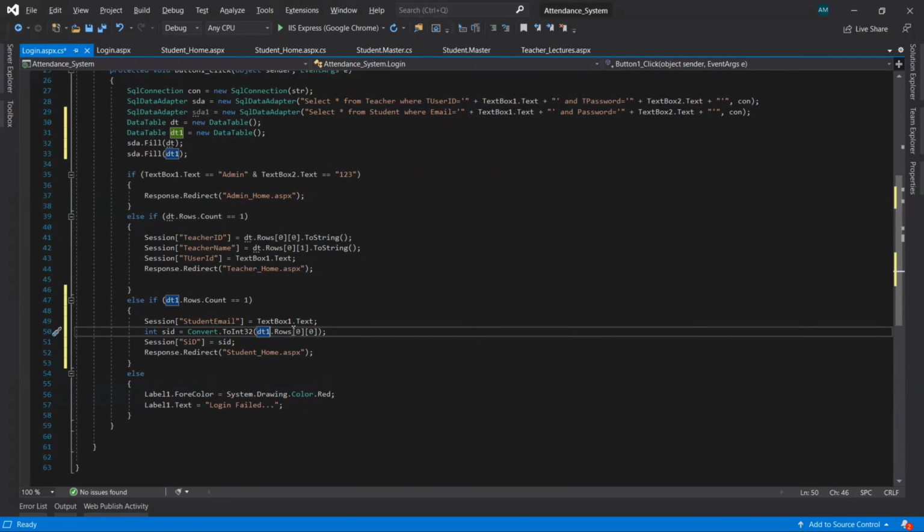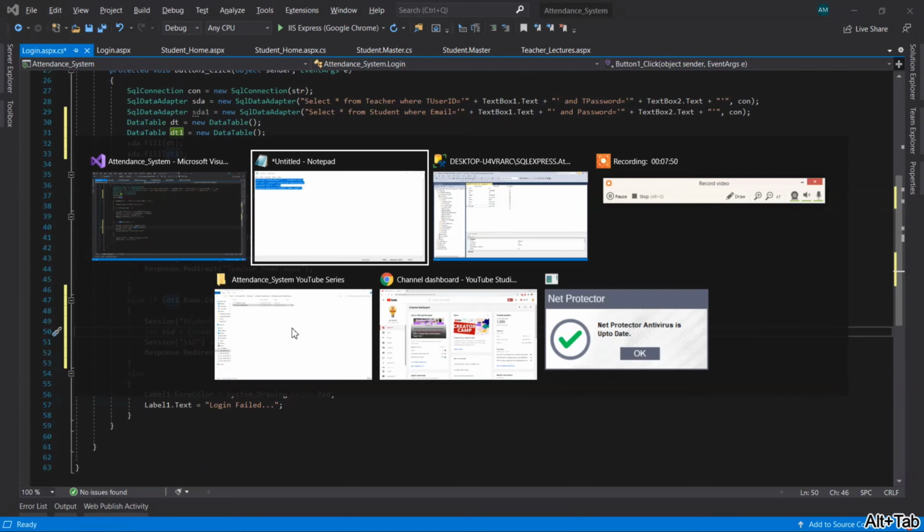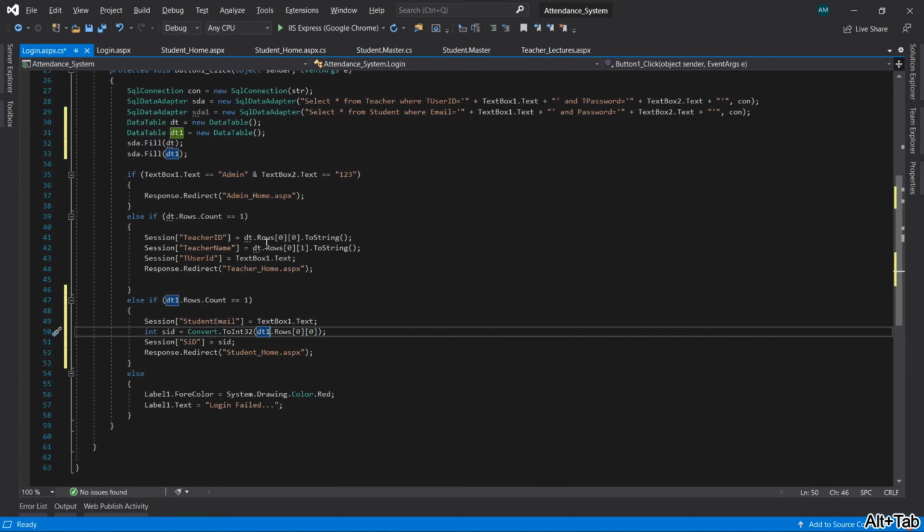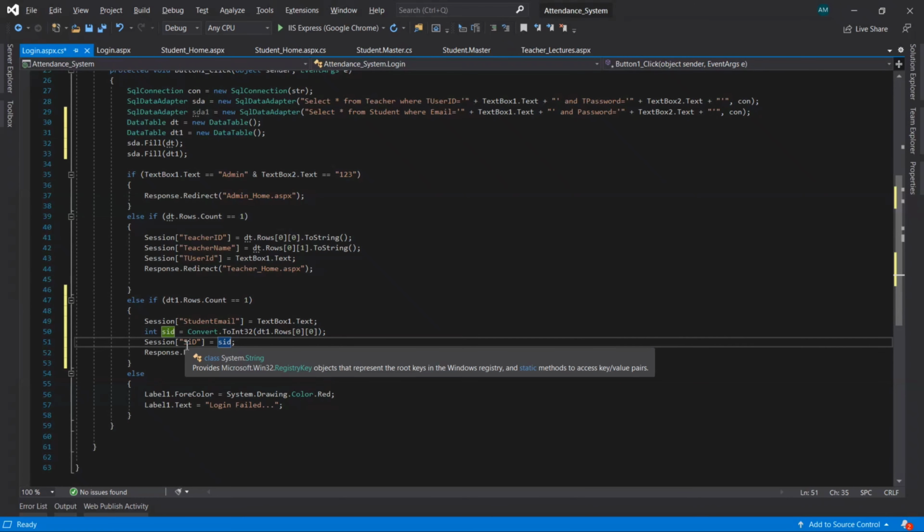You can see in the table at index 0, that means in the first column, we are going to get the student ID, right? So we are going to fetch that student ID and store it in the integer variable sid, and before that we are going to convert it into an integer. After that, we store that variable's data inside the session with the variable name sid.